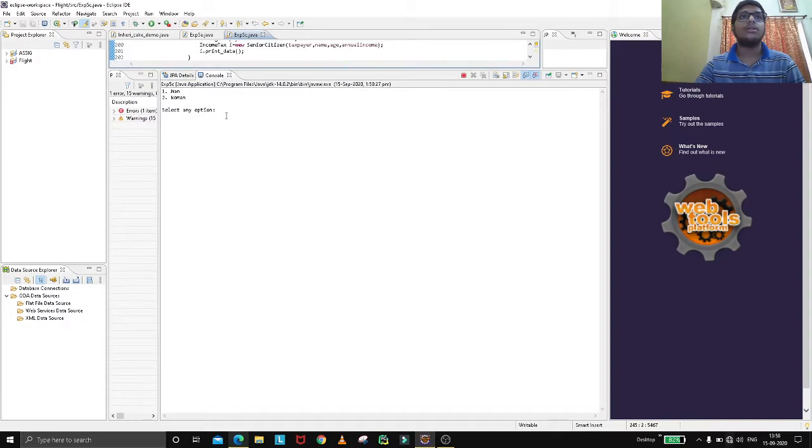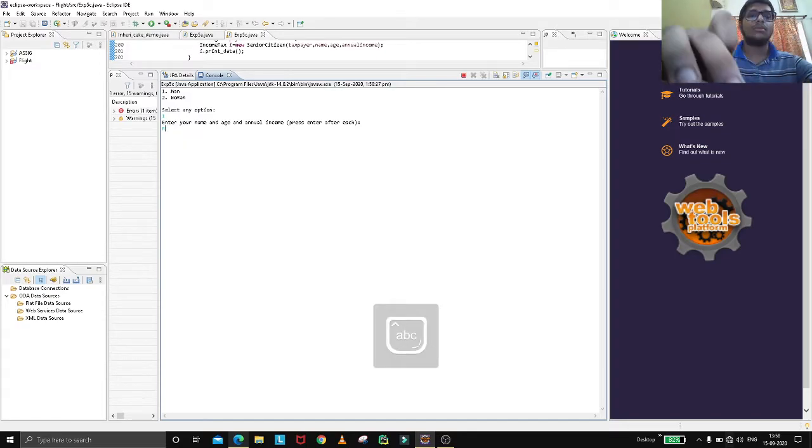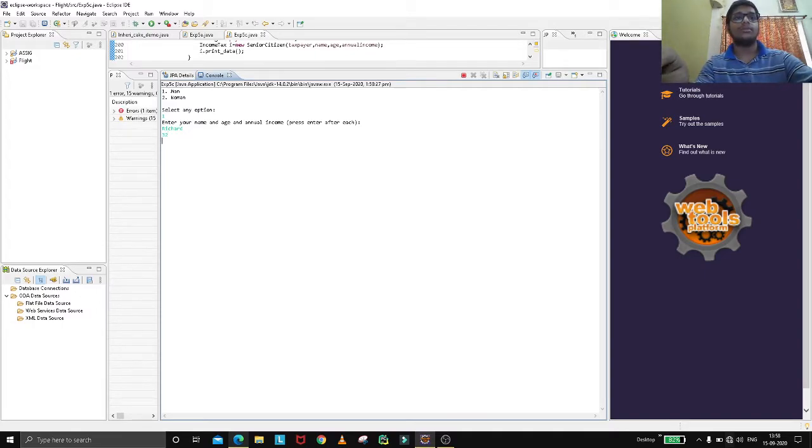Here you can see man, woman options. So select option 1. Now enter name, age and annual income. Press enter after each entry. So give name Richard, age 32, annual income 3 lakh.